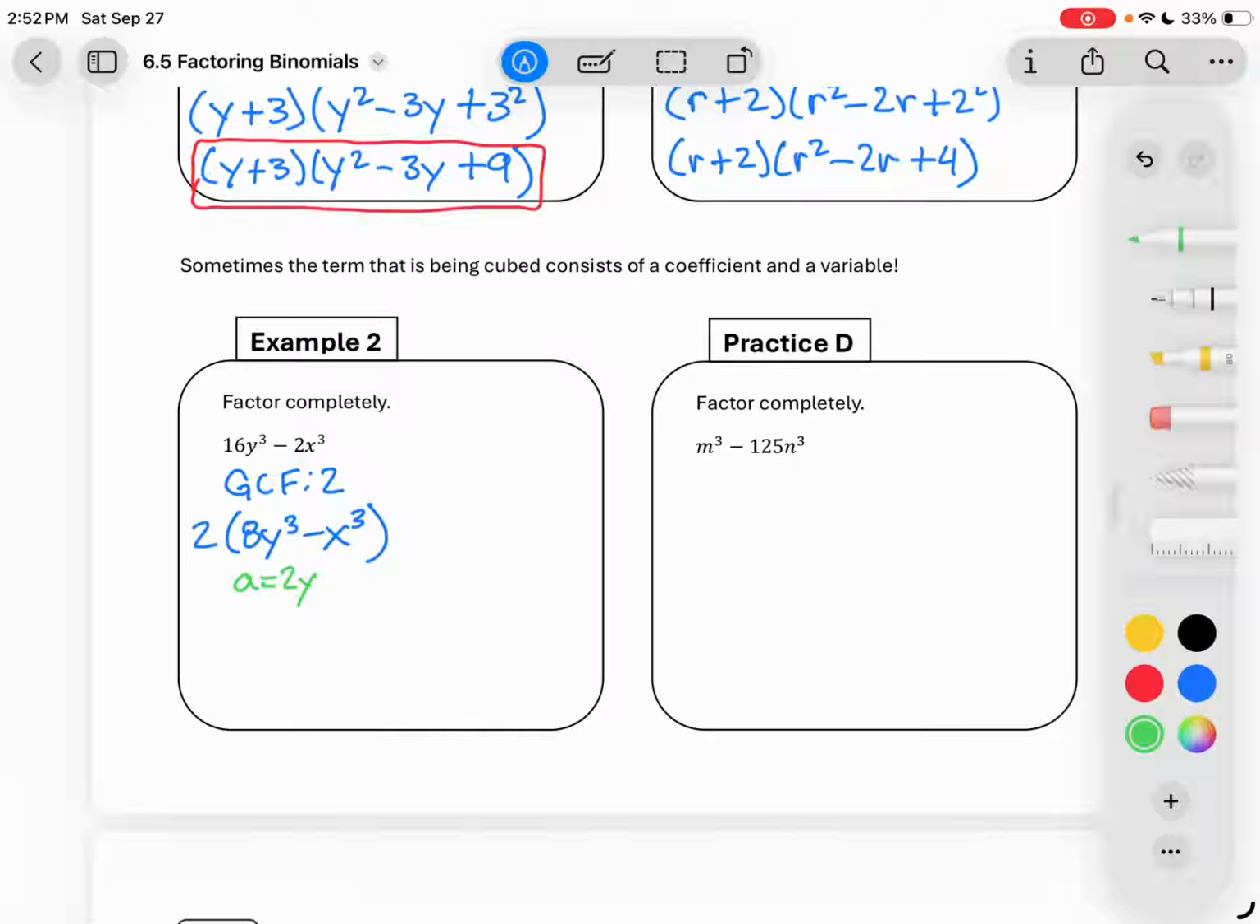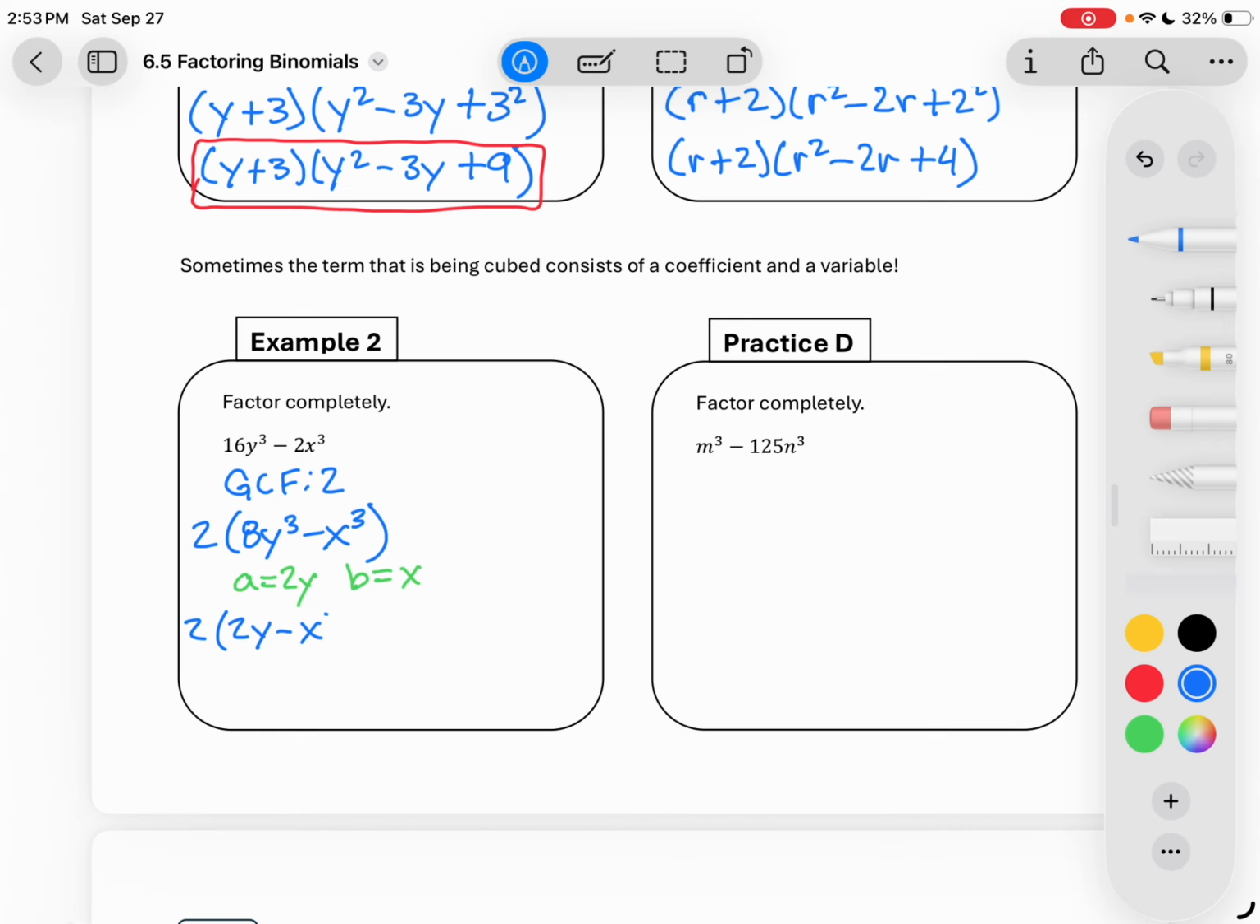And sometimes that's confusing because students look at a and think that it should just be equal to just one thing, like just a number or just a variable. But it can be equal to an entire term, which is 2y. So everywhere I see an a in the difference pattern, I'm going to put 2y. And then the b is just x. That's not too hard to see. So when we do our pattern, we're going to have the GCF of 2 out front, and then it'll be